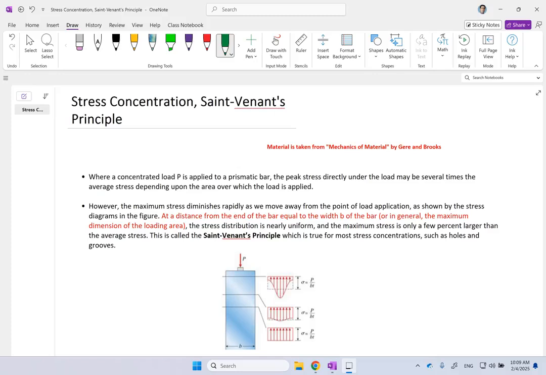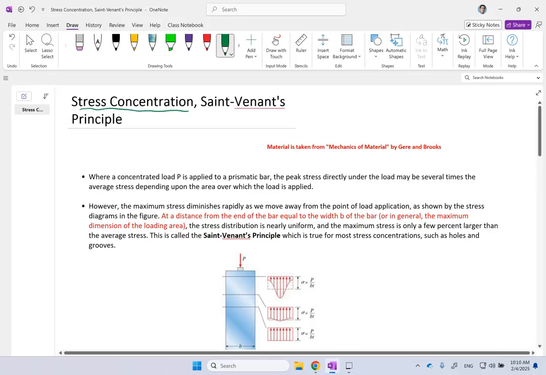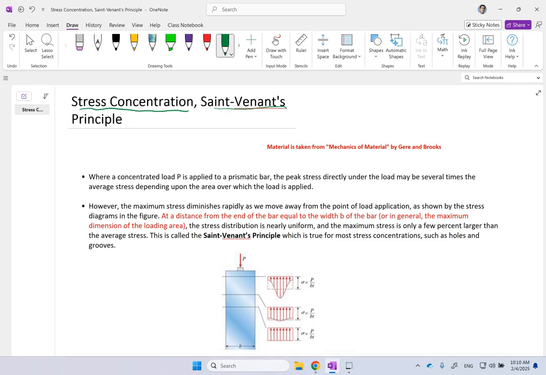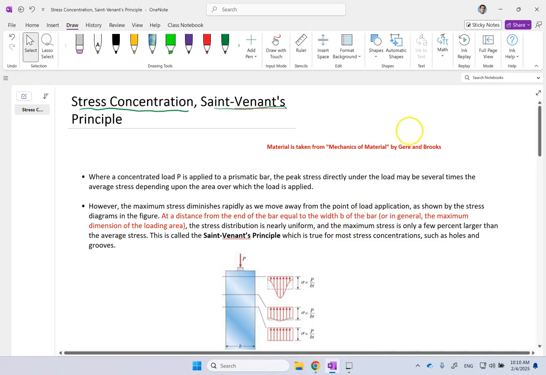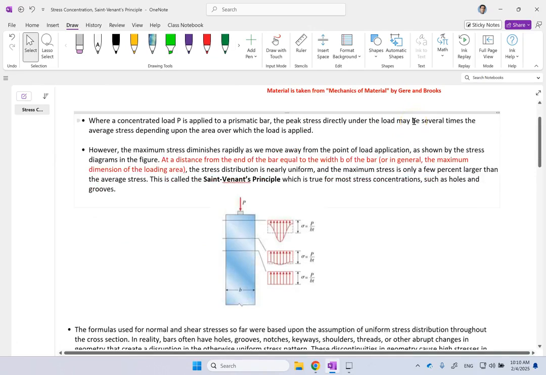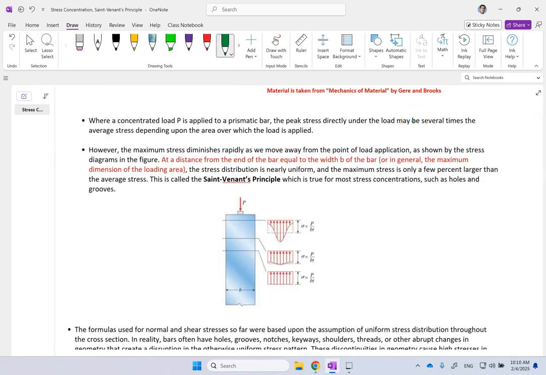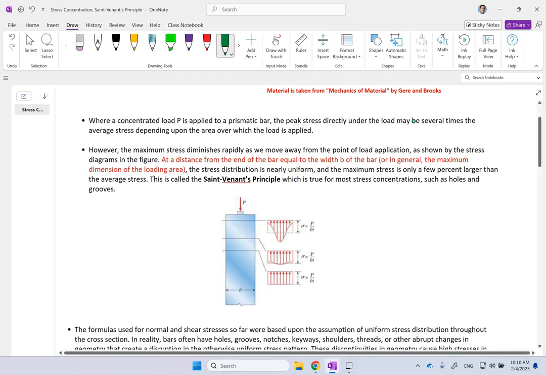Hello everyone. In this video, we are going to talk about the important topic of stress concentration, and also we're going to refer to this principle called Saint Venant. So first, let's talk about Saint Venant. What is this? It says, if you apply a local load, a concentrated load anywhere on the body, and if